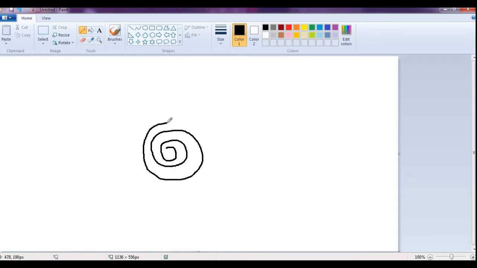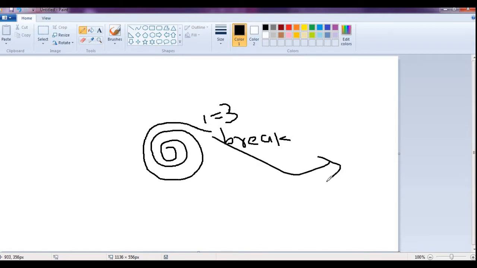And whenever we have i equal to 3, for example, and we have a break at this place, then what will it do? It will come out from that entire loop. It will come out from the entire loop. So that's basically the working of this program.